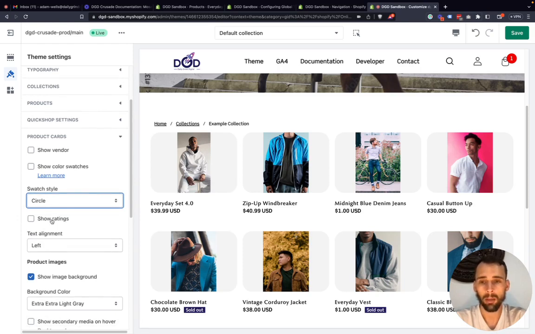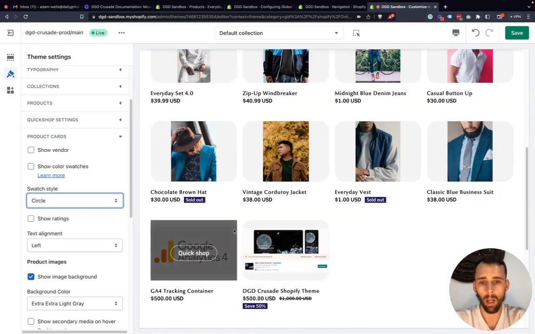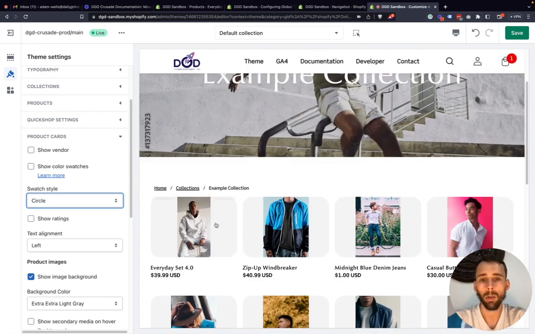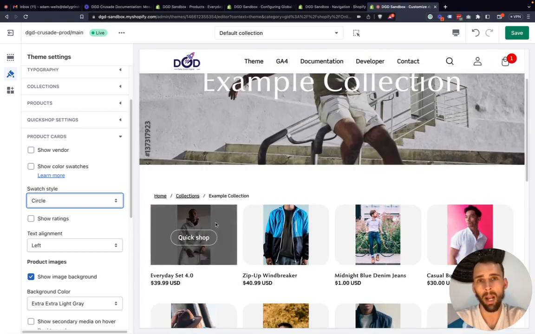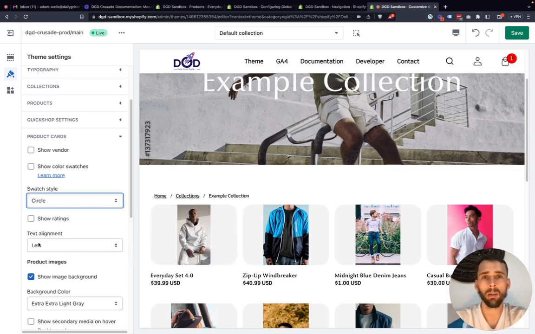Again, show ratings. We are going to ensure this works well for you in the base theme. Currently, it is not where we want it to be, but just know that you will have an option to show your star ratings without using an app to display them. Of course, you need an app to house your ratings, but in terms of the theme, we can handle how